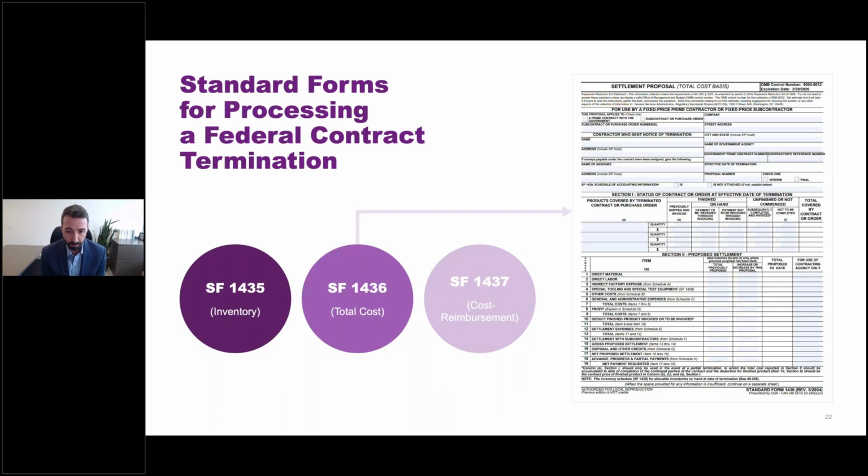Okay, and filling out this form can be a little difficult. This is a good instance of where you actually may want some outside consultant assistance, a cost consultant, to help you fill this thing out, because the statement of cost here is really critical to help the government understand what you are asking for. All right, so you're going to have that narrative in your termination settlement proposal that explains what you're asking for. You're going to have your financial data, but you're also going to have this form that breaks it down. So filling out this form, very important. Wanted to make sure this is on the screen so that everybody recognizes it. Let's go to the next slide.